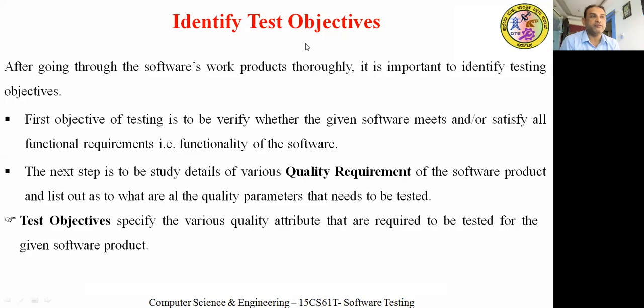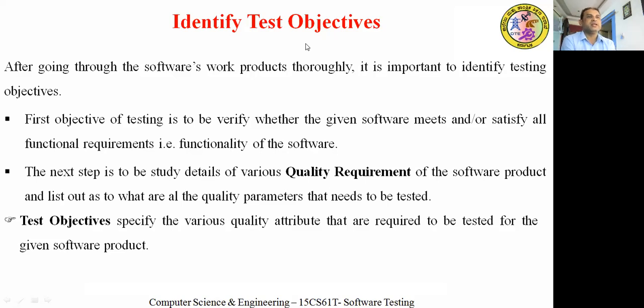So the first objective is to identify whether your software is meeting the functionality. What is the main purpose? Whether it is meeting that main purpose or not. If it is meeting it, then only are you going to test it. If it is not meeting it, that means your software, your design, is totally wrong. So the first objective is always to check whether the functionality of the software, or the requirements of the customer, are met or not. We need to check it. That is the first objective of the test engineer.